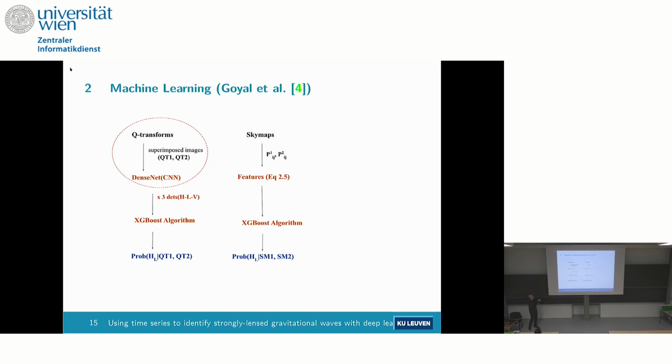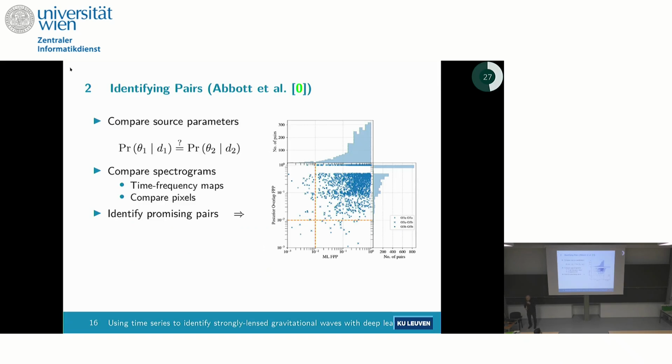Not too important. It is important that they also have the ability, and they've tested this, to add in the sky map. So where in the sky did the source come from with gravitational waves? As long as it roughly overlaps, there's a chance that this works. So they put all of this together, and this is actually a result from the search that we did on O3. So here you see the false